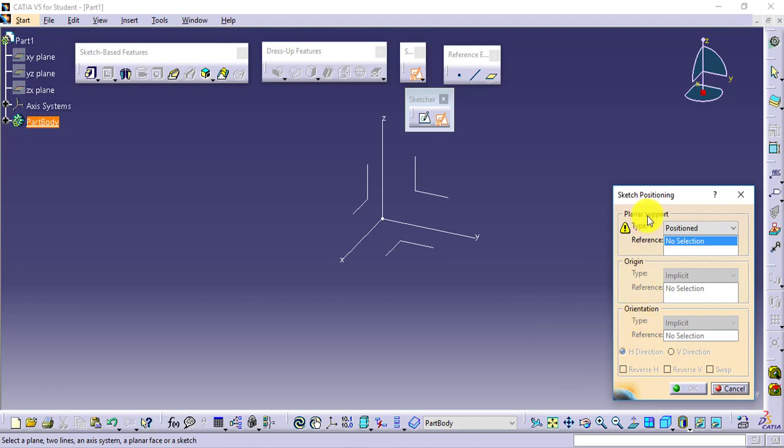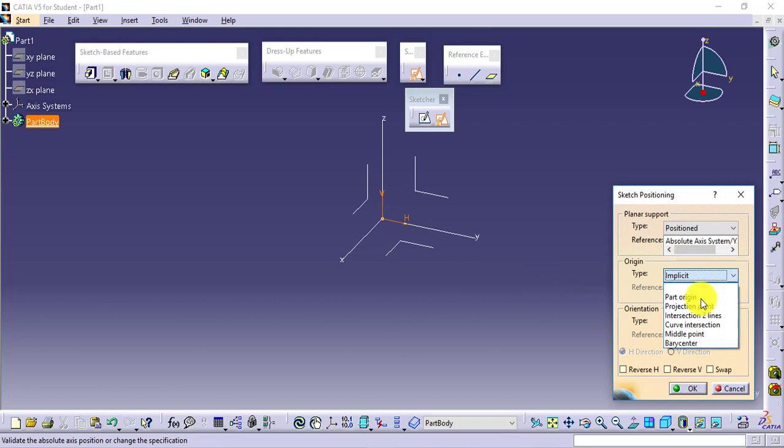Planar support, yes, I will be selecting planar face, plane or sketch. So for planar support, say I am selecting the plane. As soon as I select the plane, by default it will define origin at 0, 0 and it will give me the orientation. You can see this is horizontal, this is vertical, it is showing.